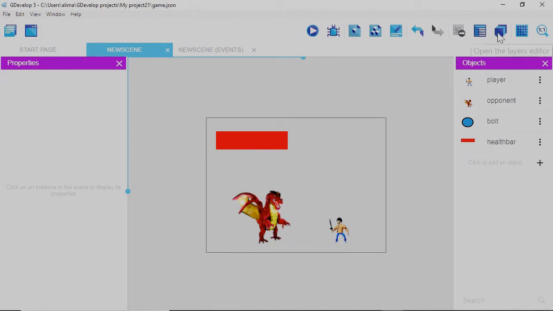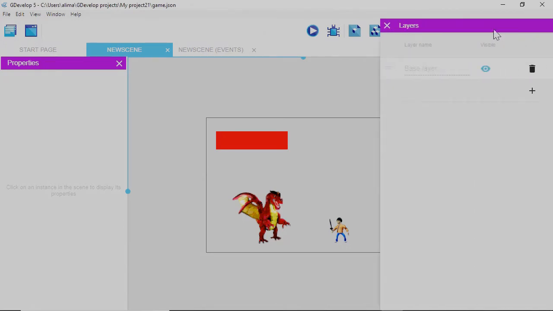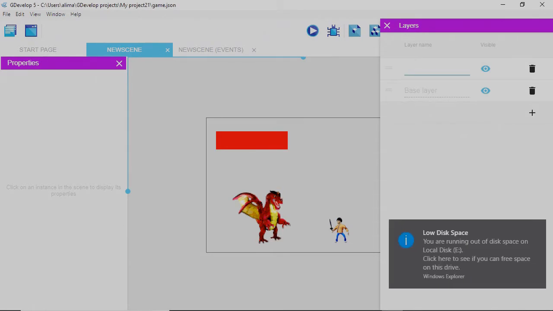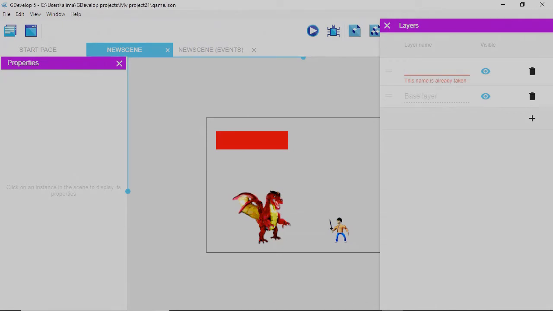So how do you do that? Go to the upper right and you'll see, looks like they did a good symbol for Gdevelop. This looks like layers, and that's what it is. You're going to left click on that and this layers panel opens up. So here you can see the base layer, and that's where everything is at right now. We want to have our health bar be moved to another layer. So we're going to left click on this plus to the right, and then we're just going to get rid of that name, and we're going to change this to UI. It can be however you want it to be. So now that that's UI, we're going to